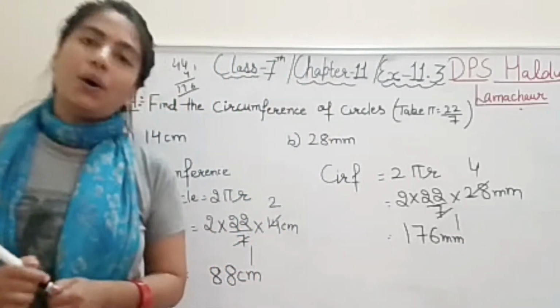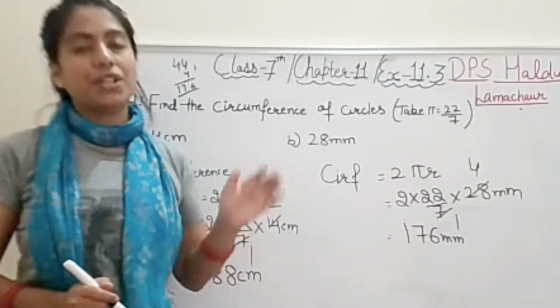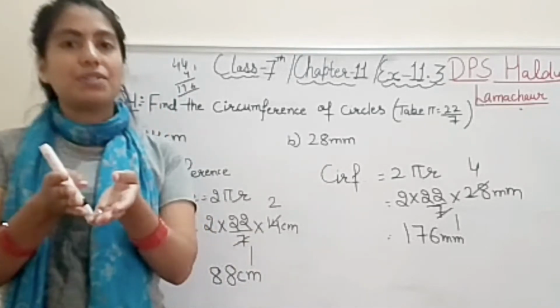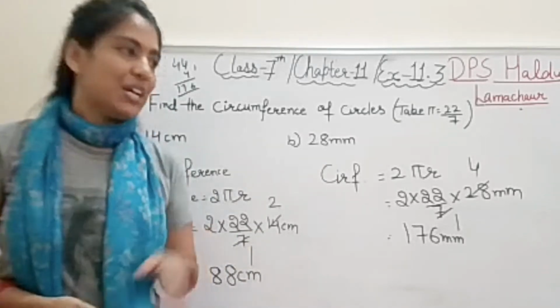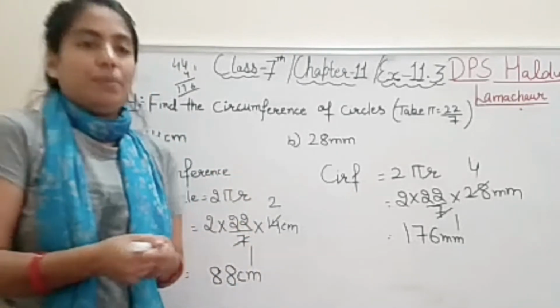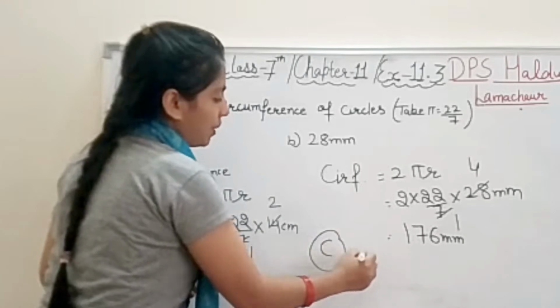Very simple. Always you will have the equation on the basis of this only. Put the formula and put the values into it and get the answer. Right? So this is all about question number 1. One more part, C part, is there. That will be homework for you. You will solve it on your own.